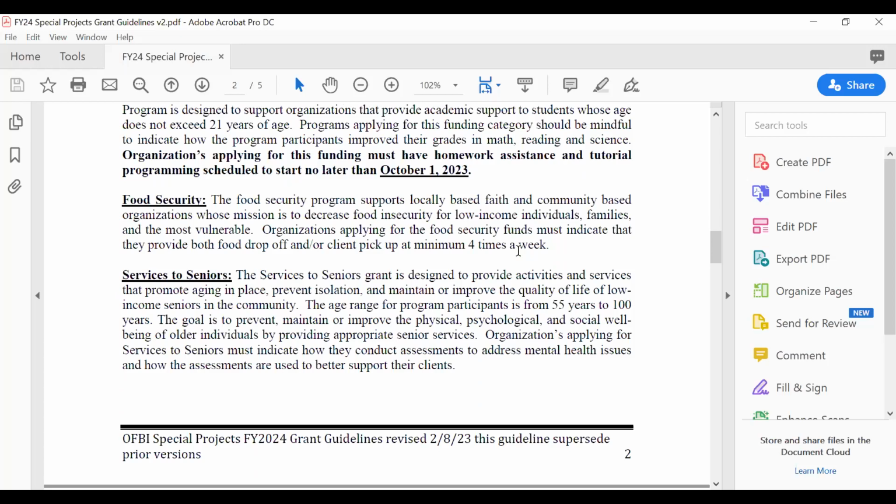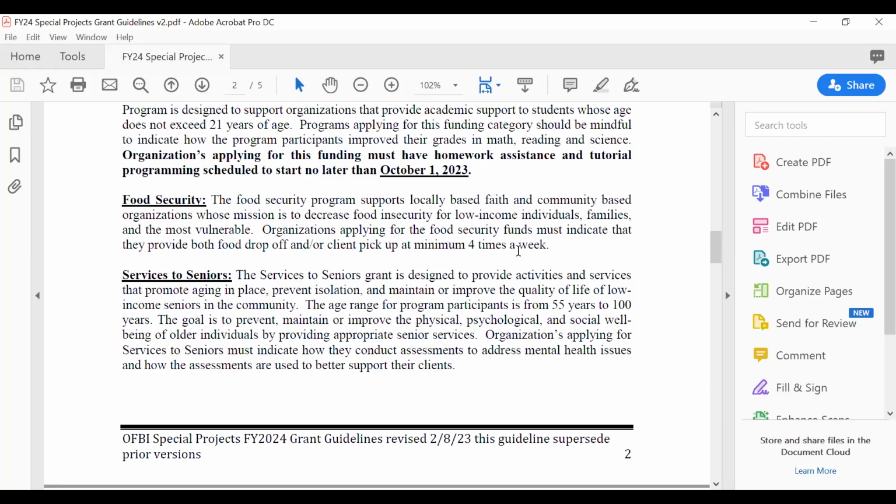We'd like for an organization to, at minimum, provide food drop-off and/or client pickup at a minimum of 4 times a week, right? So food security, this particular grant, is really set up for organizations that have a food security program in place.